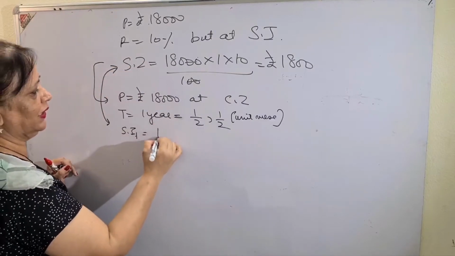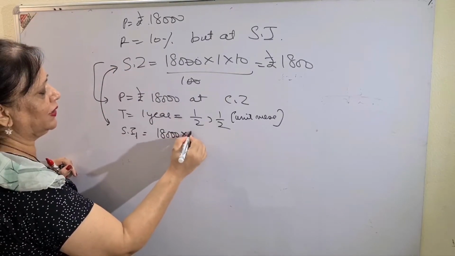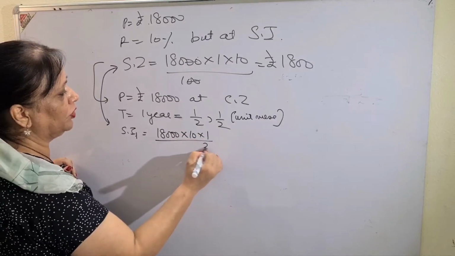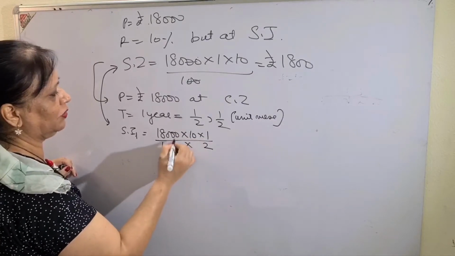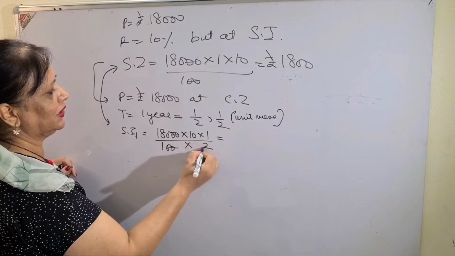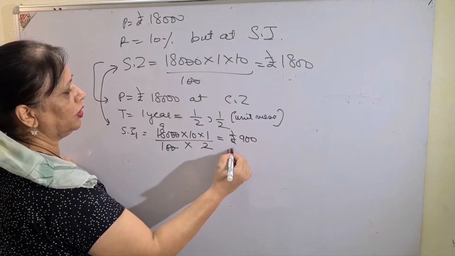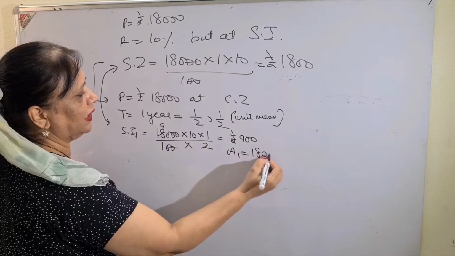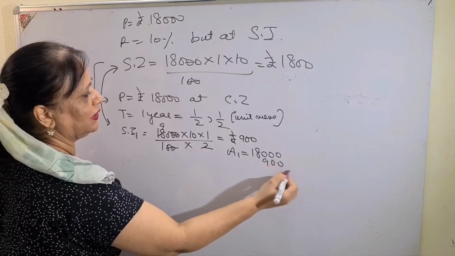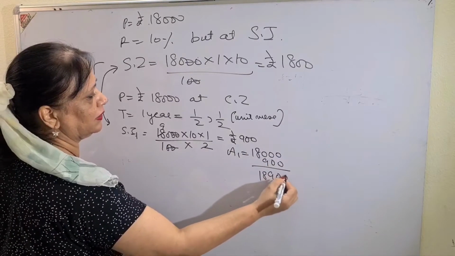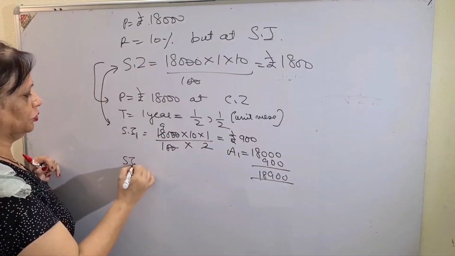This will tell you the difference between simple interest and compound interest. So this is again 18,000. Same rate, 10 into 1 upon 2 into 100 because it was calculated half yearly. So first answer will be rupees 900. Again, your amount one will be 18,000 plus 900, that is 18,900. SI2,